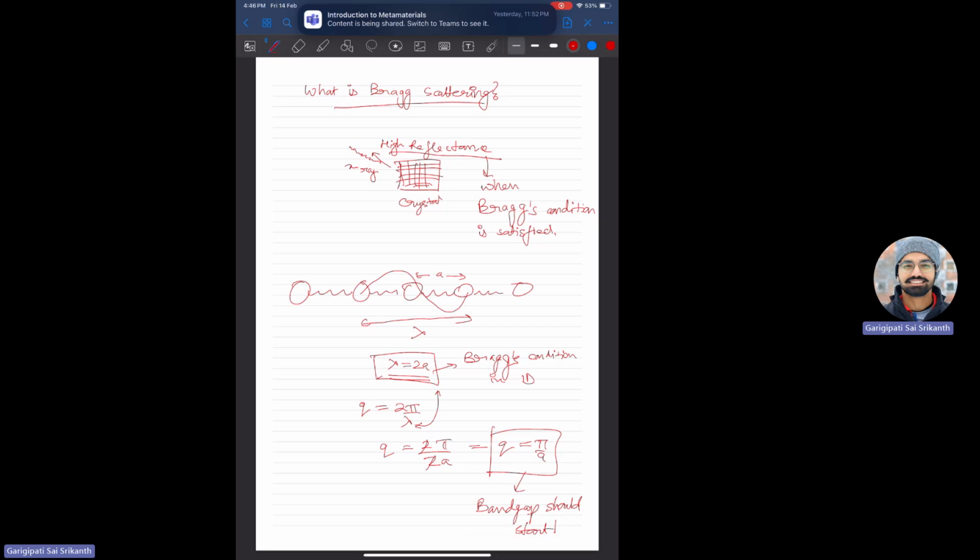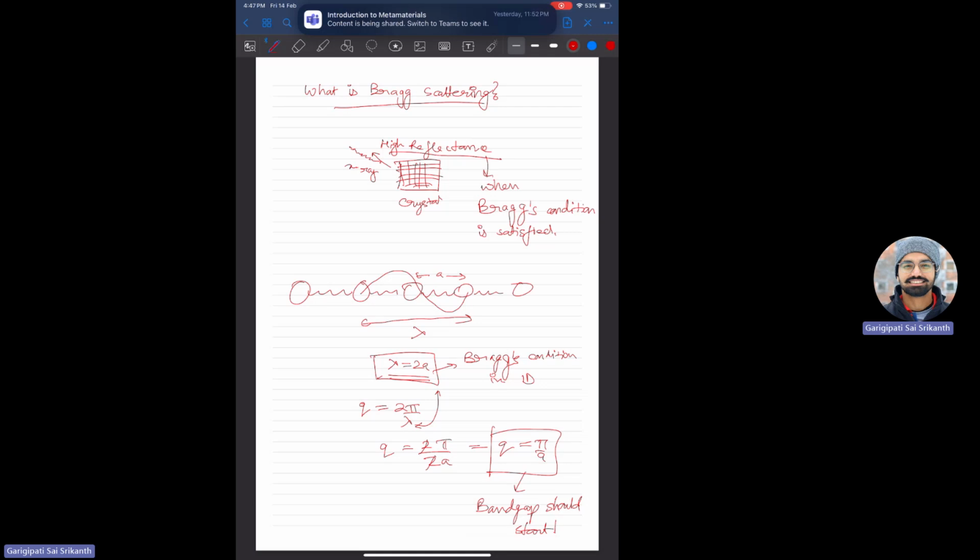When you have high reflectance, that means very low transmittance, and that means that's a band gap because the wave is not propagating. So when lambda is equal to 2a is satisfied, the wave is not propagating. So if you take lambda is equal to 2a and then you calculate the value of wave number appropriately, you'll